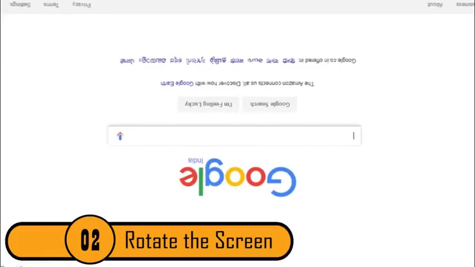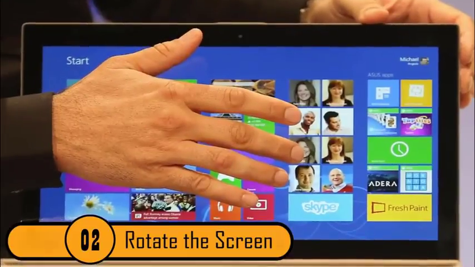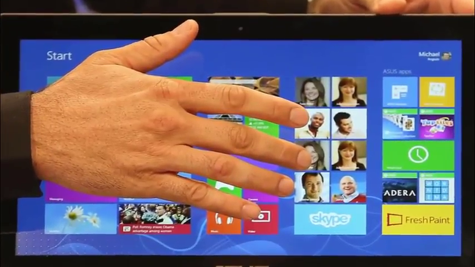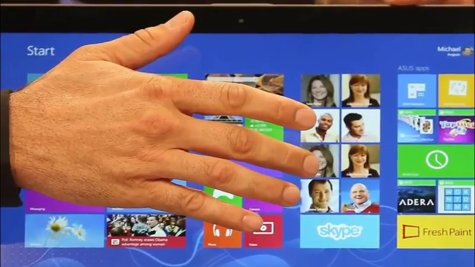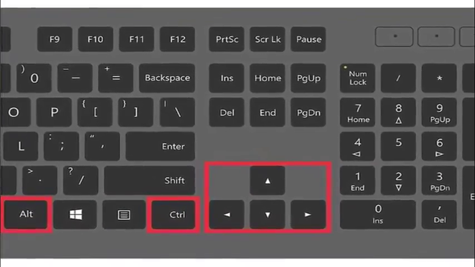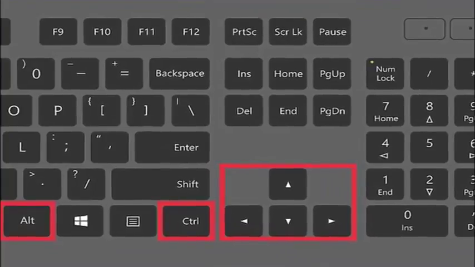Number 2. Rotate the screen. There's not much use to rotate your screen except to play a practical joke on the person using your computer. If you want to totally freak out your friend, rotating the screen is relatively simple. It just takes one simple command on the keyboard or